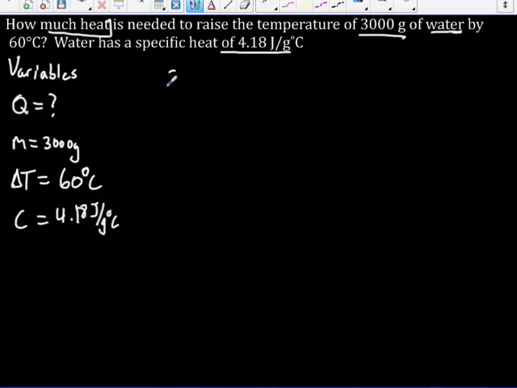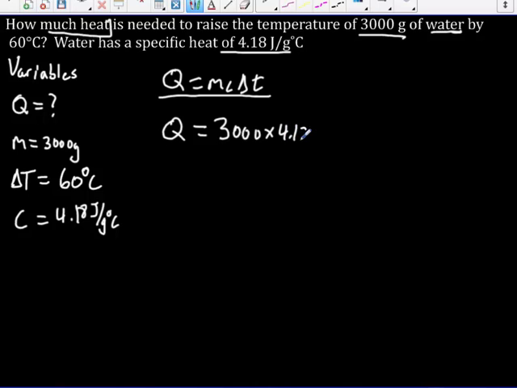So now we can just use our equation, which says Q is equal to mc delta T. Write this in. You always need to write your equation. That way you don't make a mistake when you're subbing in your numbers for your variables. So now I have Q equals m, which is 3,000, times C, which is 4.18, times delta T, which is 60 degrees Celsius. And this is the part where you can go ahead and get a calculator out. I don't need to see that you can do multiplication by hand. All I want to see is that you can set up your equation and use it correctly. So 3,000 times 4.18 times 60 is